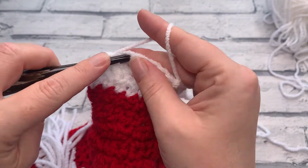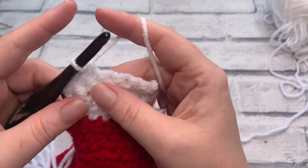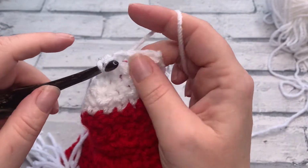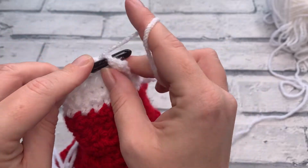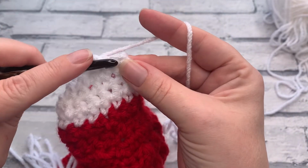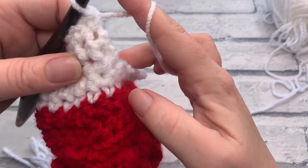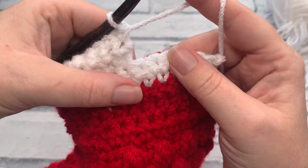So that was 1, 2, 3, 4, 5 and number 6. And then we're going to work that final stitch in the row beneath, or the row